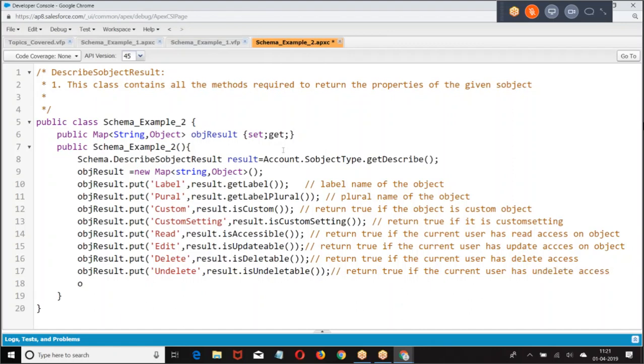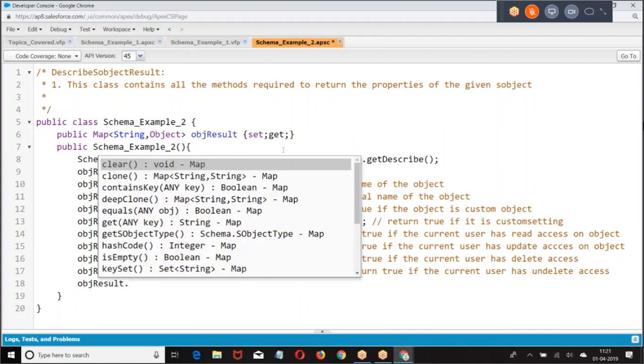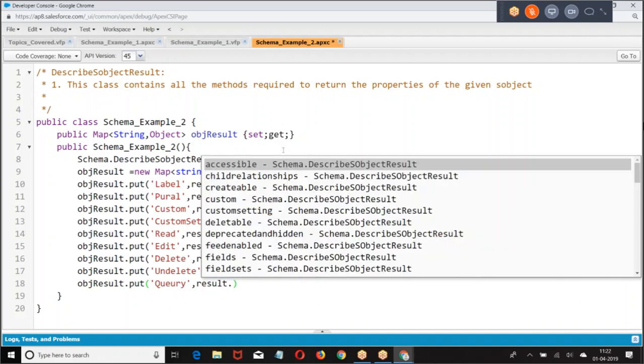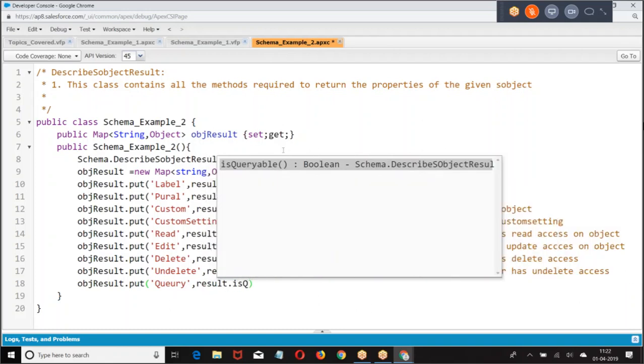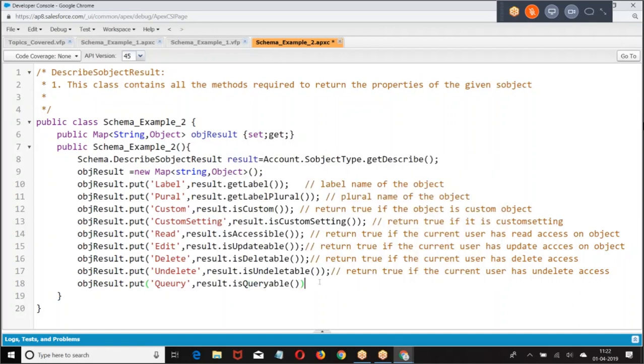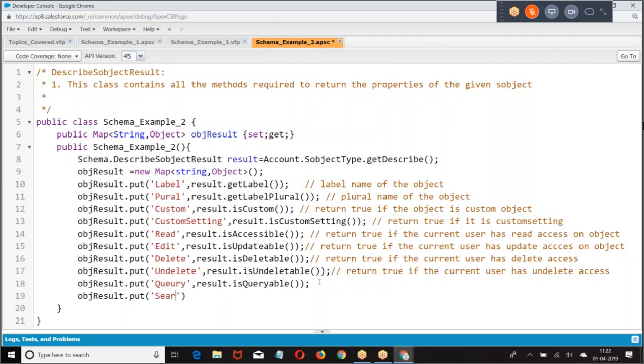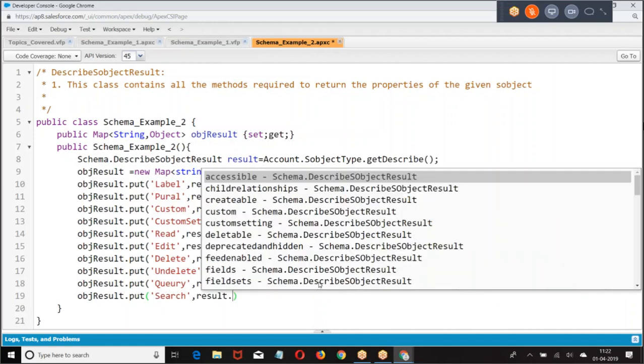Access. objectResult.put: all these are properties which you are trying to fetch. Do you have query permission? Is it queryable? Result.isQueryable. Then again we have searchable or not.